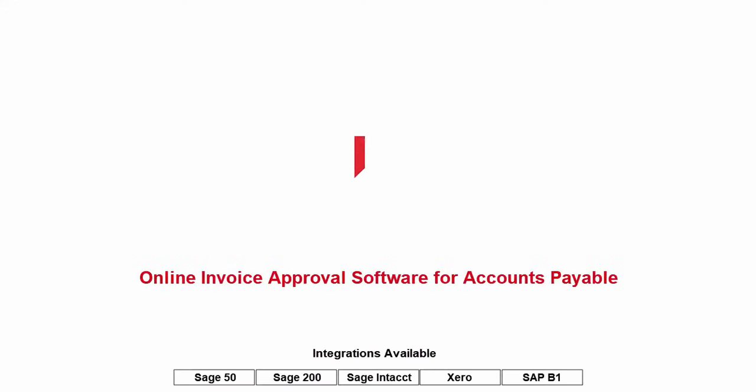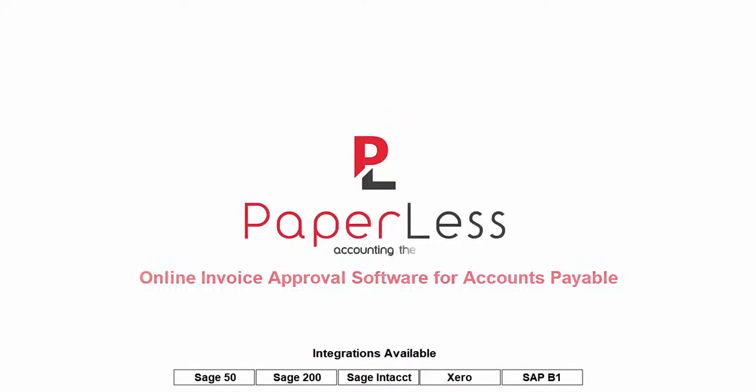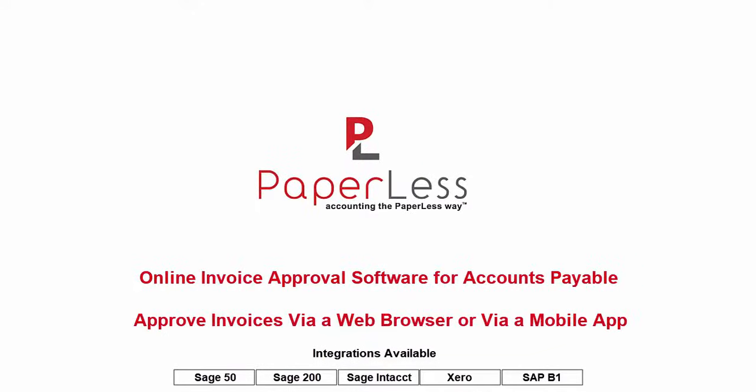For thousands of people working in accounts and using Sage 50, Sage 200, Sage Intacct, Xero and SAP Business One among others, PaperLess is the best online invoice approval software. With the possibility to approve invoices via a simple web browser or directly from your mobile phone, in this short video we will show you how you can easily automate and gain control over all your invoice approval processes with